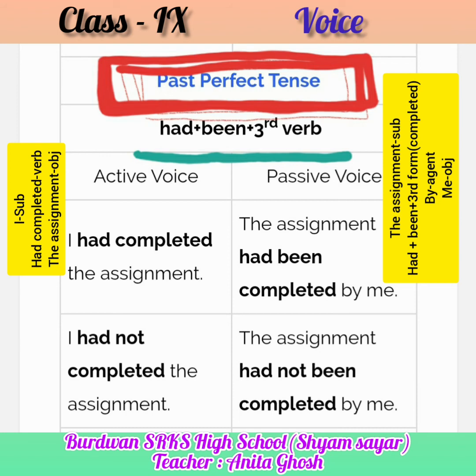Okay. Here you also see, as in our previous classes, we give an example in a negative sentence also. The sentence in active voice is: I had not completed the assignment. If we change it into passive, at first we write the assignment as subject, after that had, then not, the negative form, and been completed by me. So it is very easy to understand that the assignment had not been completed by me is the passive voice in past perfect tense. Here is the procedure to change it into passive voice. Okay,